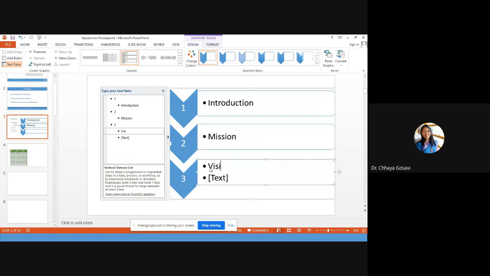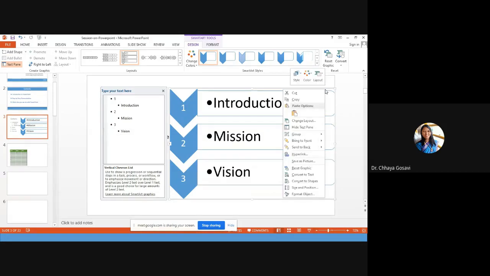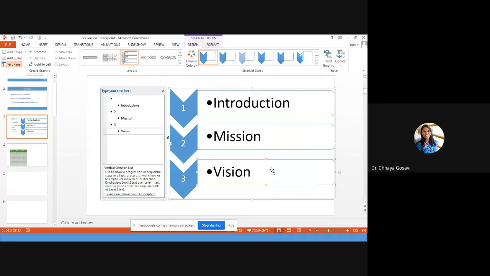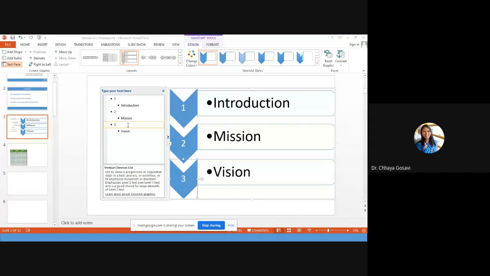Say, if you want one more shape, just right click here and add shape. You click here, just so you can change